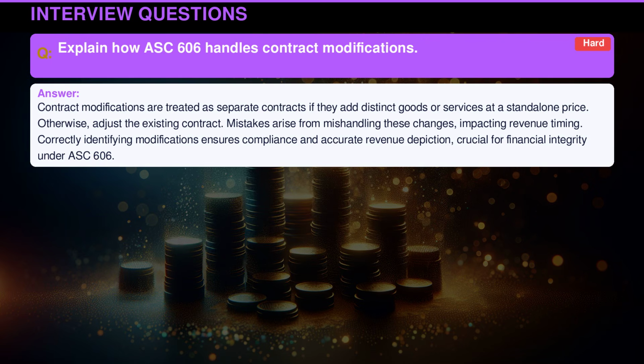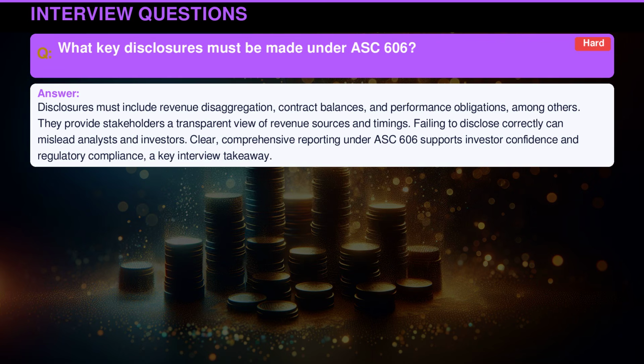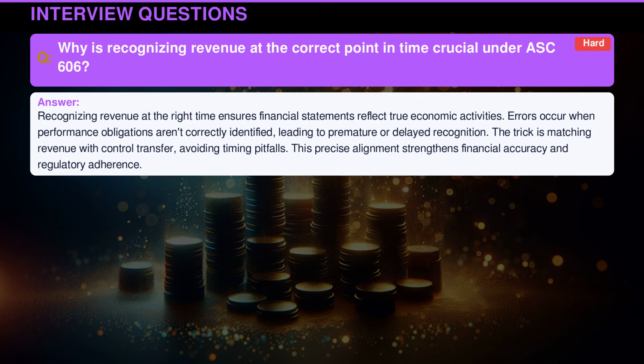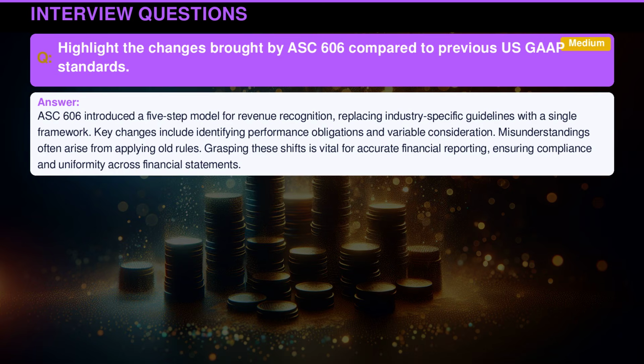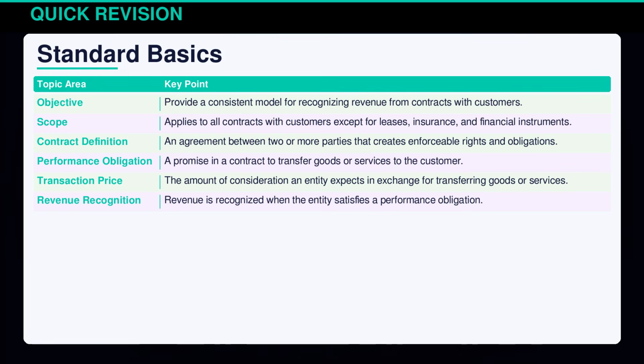Here is the core idea: scope trap, contract modification. This is where the standard gets specific: advanced disclosure requirements. The accounting logic behind this trick: recognizing revenue at the right time. What interviewers focus on here: comparison, ASC 606 versus U.S. generally accepted accounting principles. Let's break down the basics of ASC